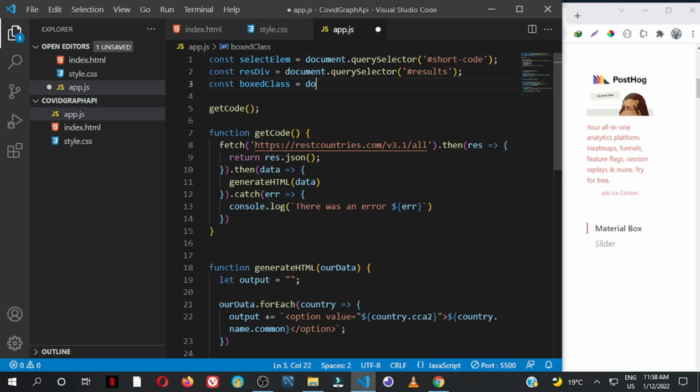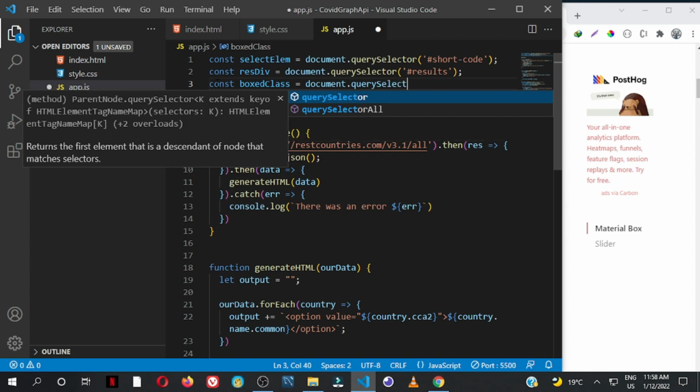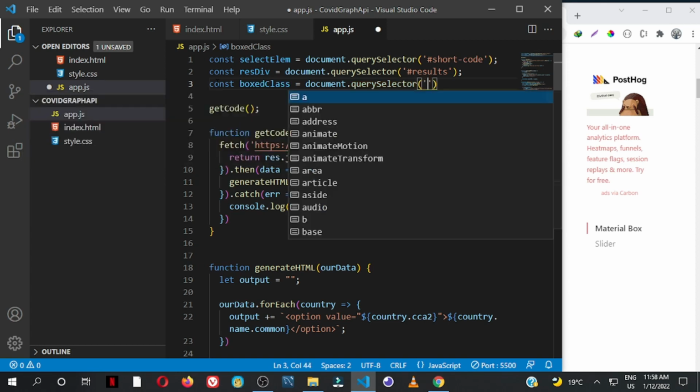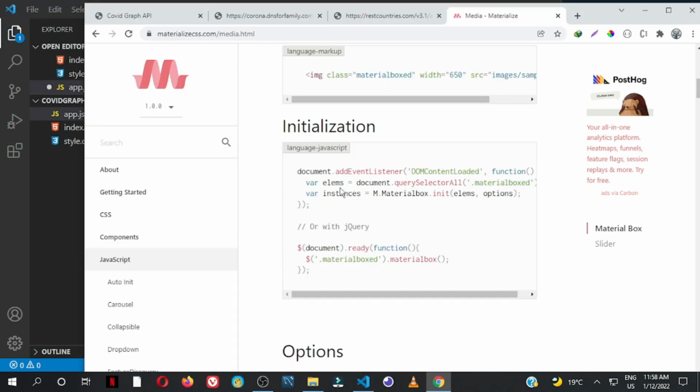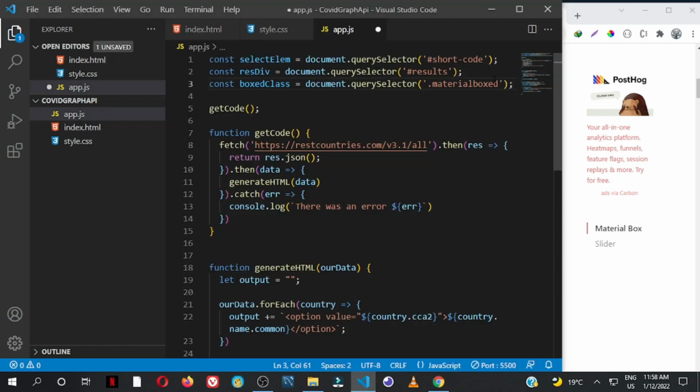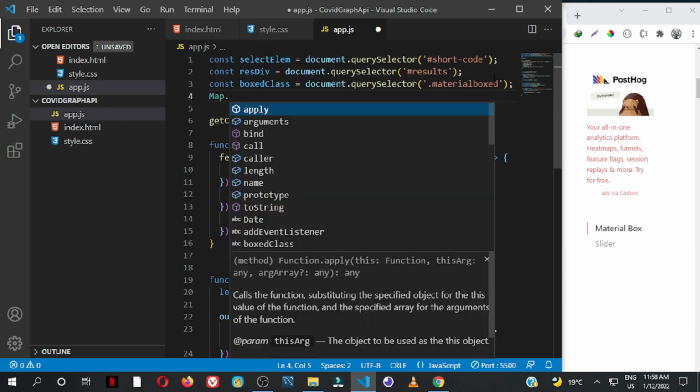So these are user defined. document.querySelector, then you pass in that class of materialboxed. Very simple. And here they tell you you can now initiate it using M.Materialbox and the element that you want to pass in. So here we shall just say M dot